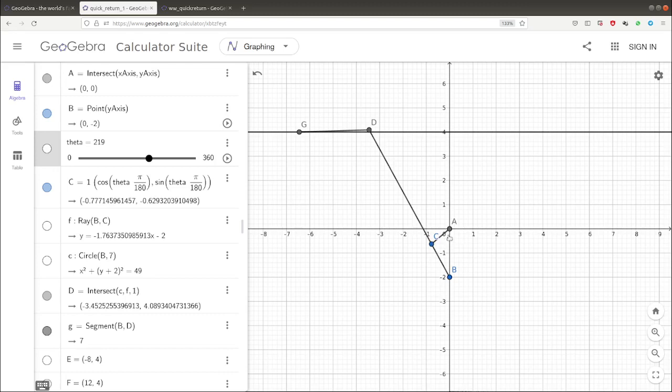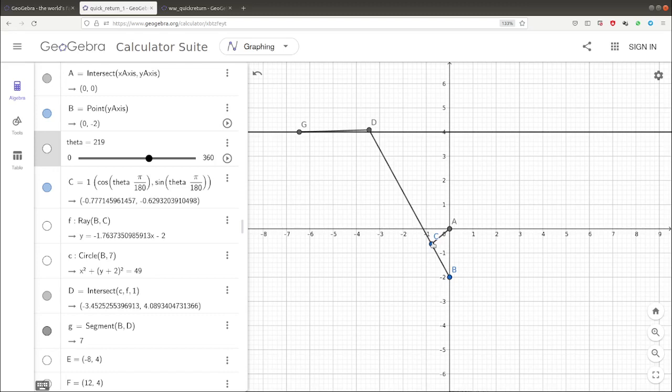So we can redefine the quick return ratio in the following manner. It is the angle it swept during the forward stroke to the angle it swept during the reverse stroke.